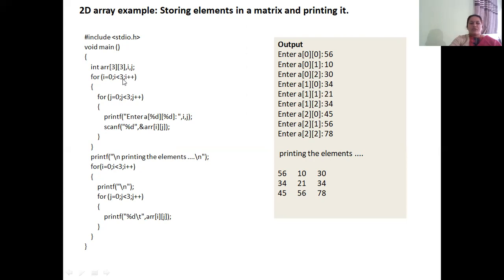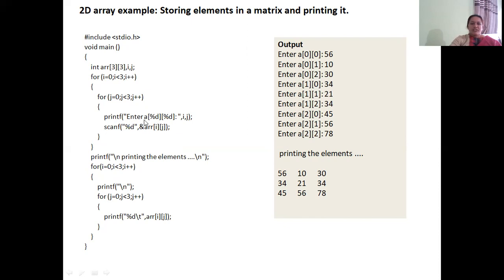The size of outer loop is I equal to 0 till I less than 3. So because the number of rows is 3, the test condition here is ending by 3. Similarly, number of columns is 3. So the second inner for loop for column ends at j less than 3. So for each iteration of I, the j runs for 3 times, for 0, 1, 2. These are the 3 turns, just like what I explained in the previous program.